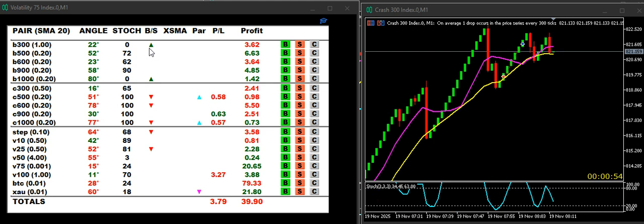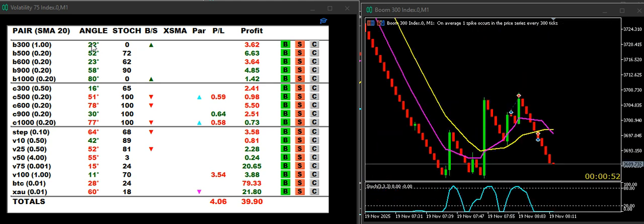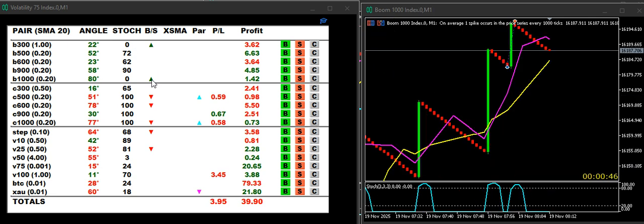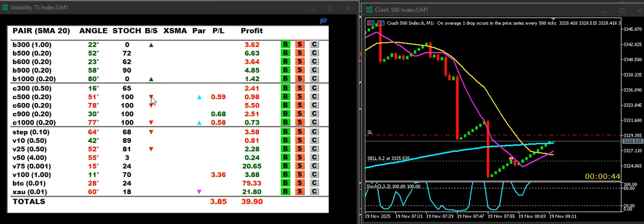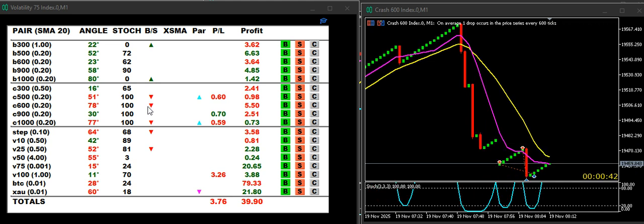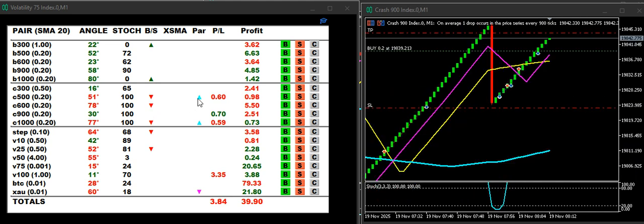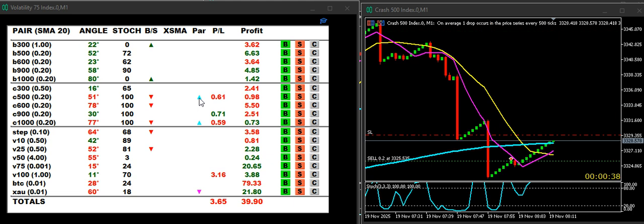And these arrows on the right, they tell you the trend is up and the stochastic is below 40. Trend up below 40. Trend down above 60. Parallel means the price and the 10 and the 20. Actually, I've got a 5 and a 10 here. 5 and 10 and the price is parallel. The moment it appears, it's a very good place to buy, even if you're on crash.